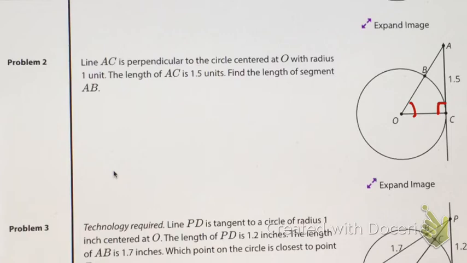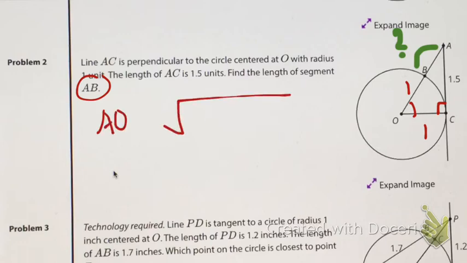We've got a radius of 1. So there's a 1 there, there's a 1 here. So there's the radii. We've got another side length of 1.5. It says find the length of segment AB. Well, to do that, we're going to need to use the Pythagorean theorem again. We're just going to say, well, the whole length,